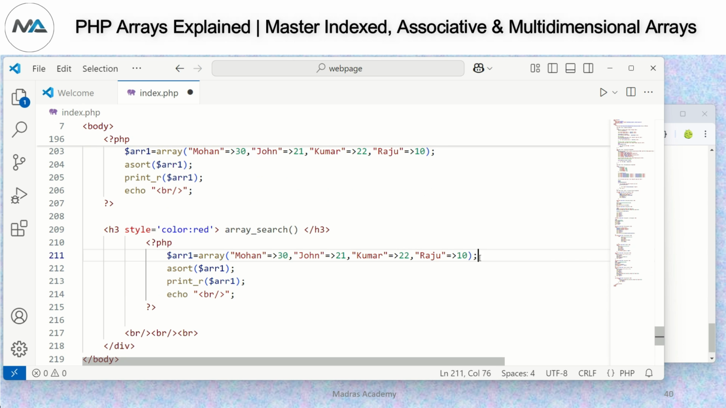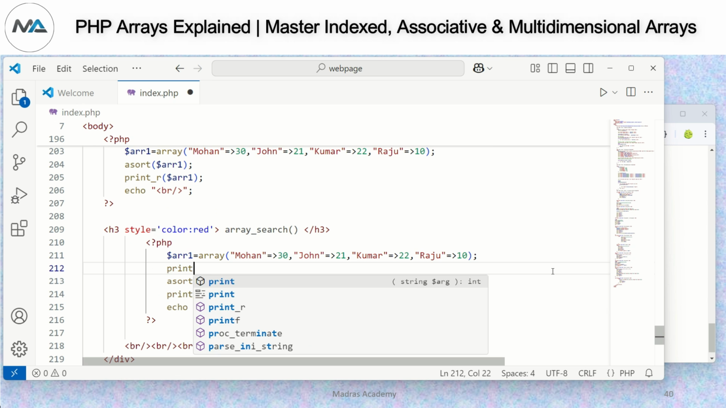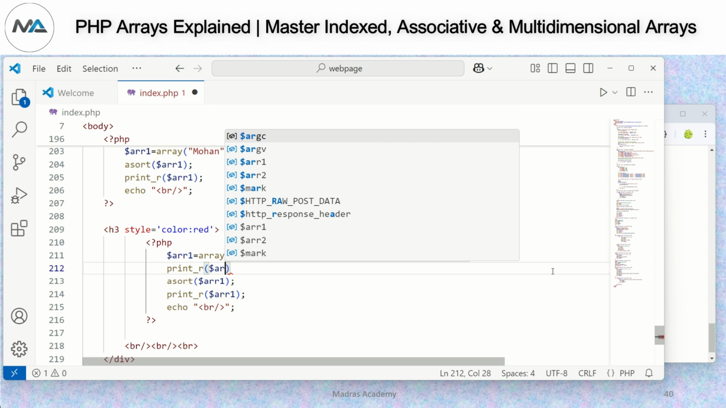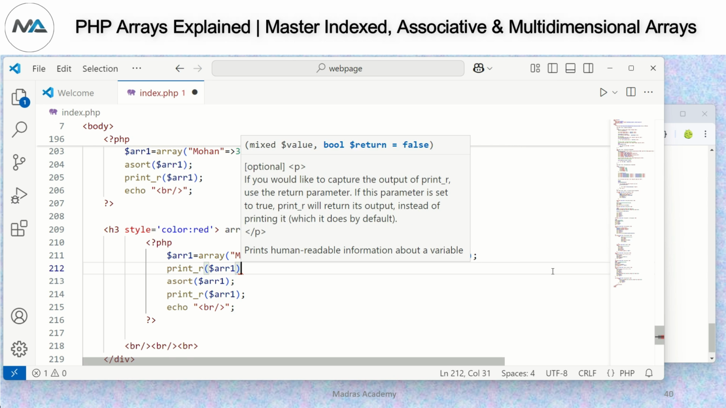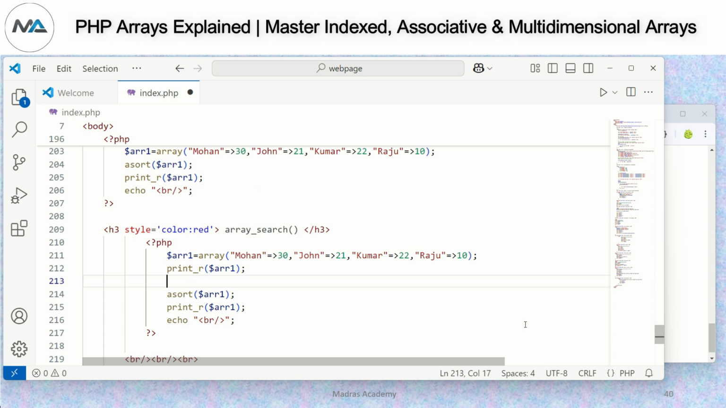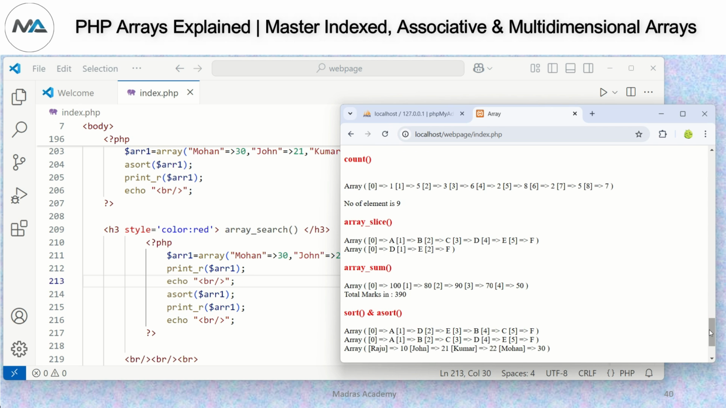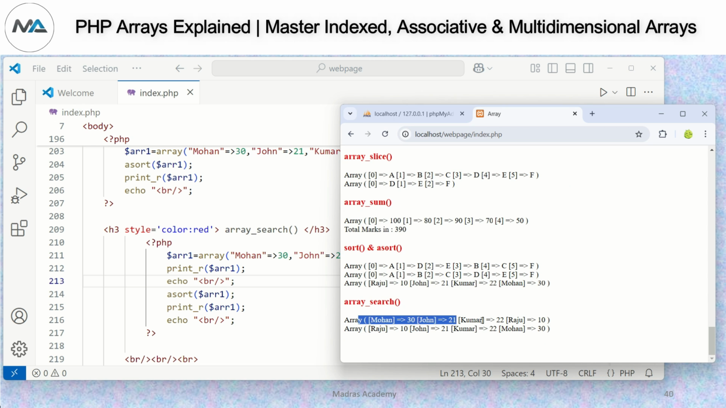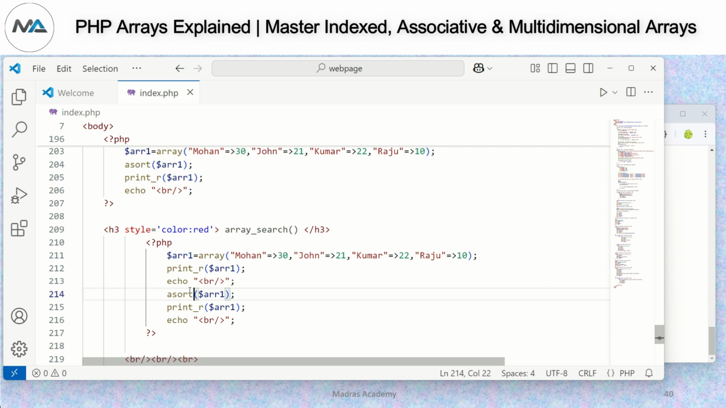after creating an element, I need to print it. Print or dollar symbol ARR 1. Okay, and write one break tag. Okay, first we'll see the output for this. See, it's printing all the elements. Now here I returned a sort, right? Instead of that, I'm going to write a